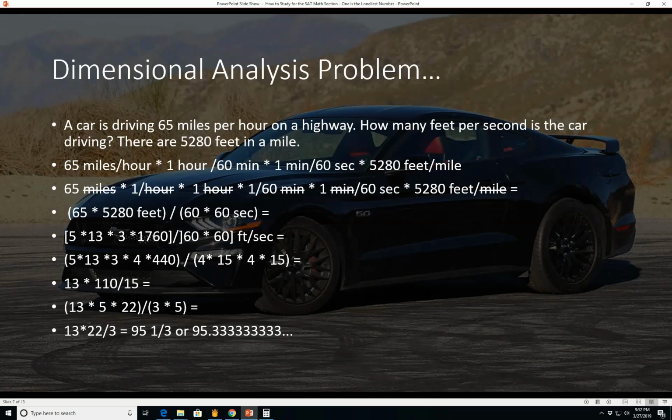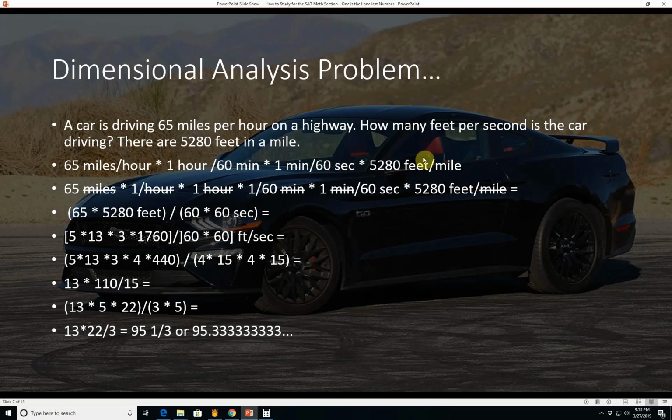So here we have a dimensional analysis problem. A car is driving 65 miles per hour on a highway. How many feet per second is the car driving? There are 5,280 feet in a mile. 65 miles per hour times 1 hour over 60 minutes. See, 1 hour is 60 minutes, so that's equal to 1, times 1 minute over 60 seconds. Same thing, 1 minute is 60 seconds, times 5,280 feet per